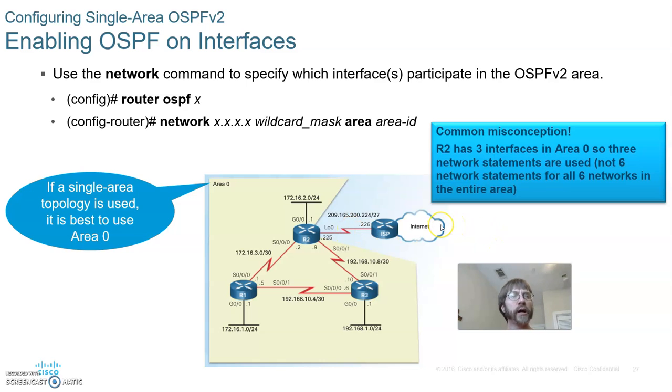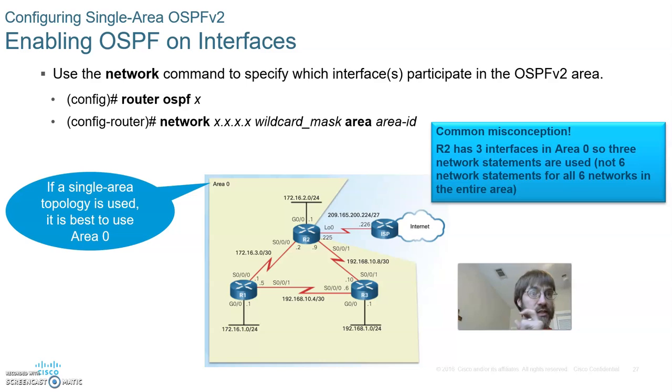Now, one common misconception, something I've seen students do over and over and over again, is to declare all of the networks in the area on every router in the area. That is incorrect. It won't break anything, but it's the wrong way to do this. The right way is, on every router in the area, to include the locally connected networks that are in that area. So, for example, if you do show IP route before you start OSPF at all, you look at those lines that have a C by them,